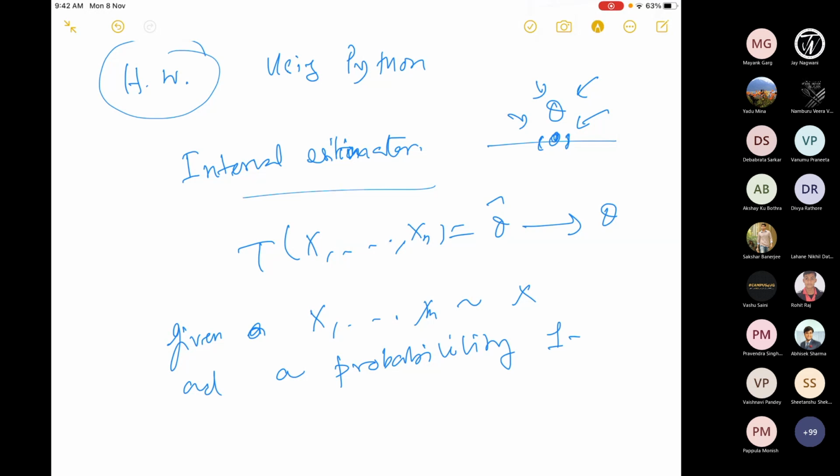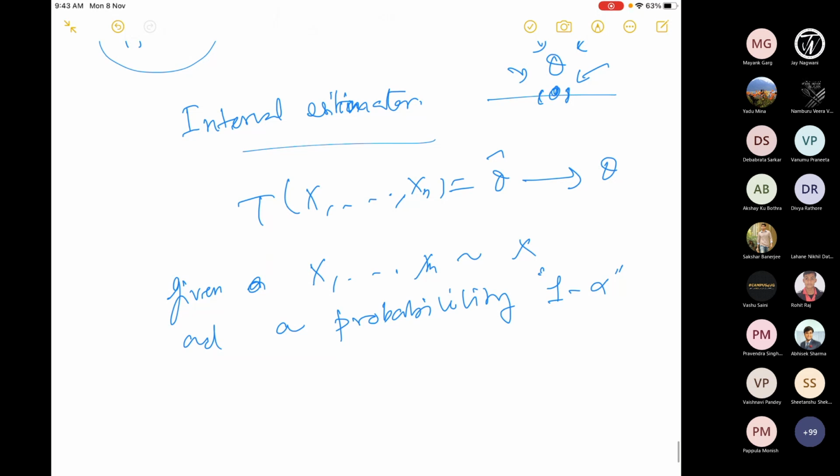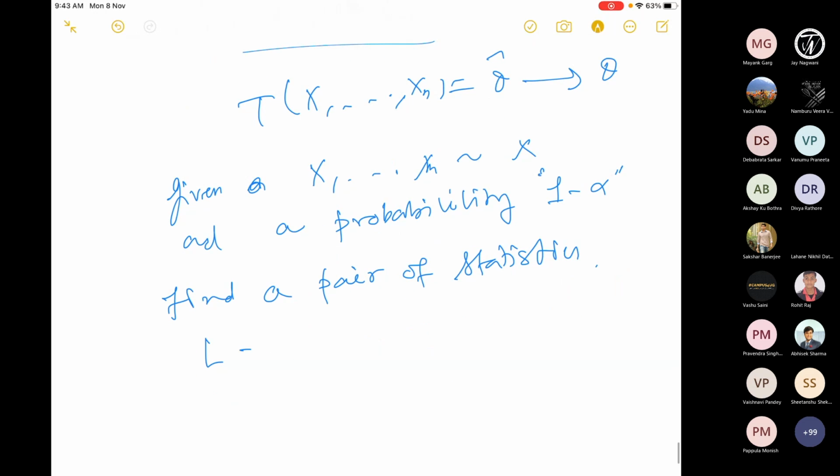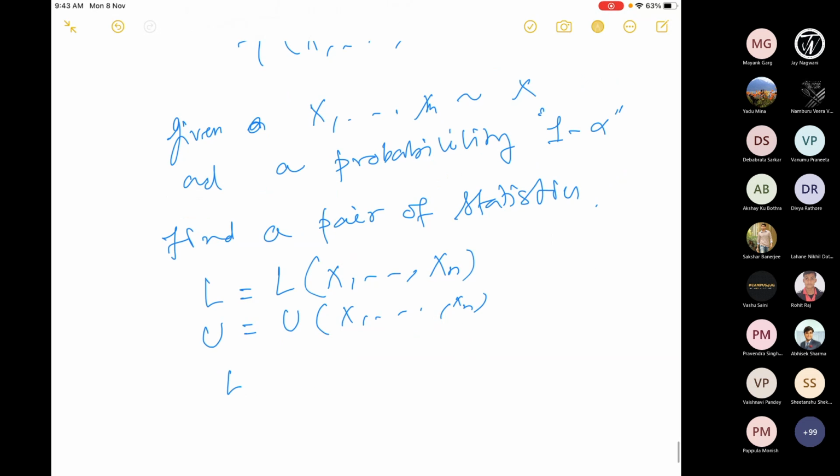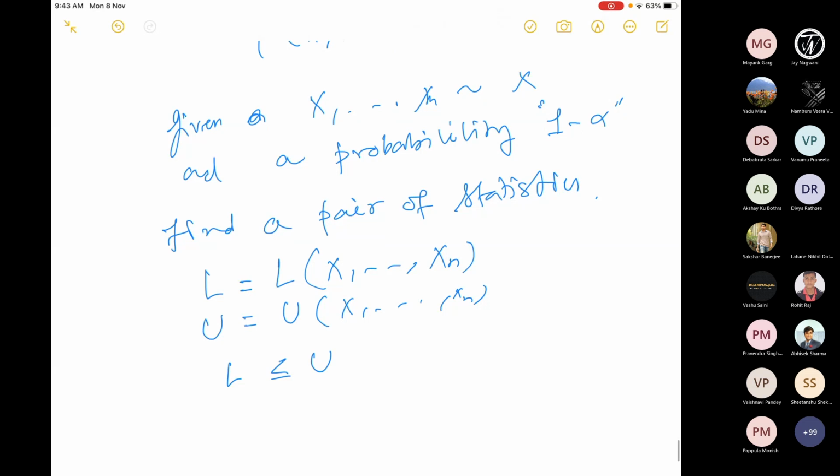probability 1 minus alpha. I'm not writing it as alpha, there is a reason for it. The value of alpha also lies between 0 and 1. So with the probability value 1 minus alpha, find a pair of statistics. Let's say L is the lower bound, L of X1, X2, Xn, a function of the sample, and U, again a function of X1, X2, Xn. And L has to be less than or equal to U. When it is equal, that means it is point estimation, such that